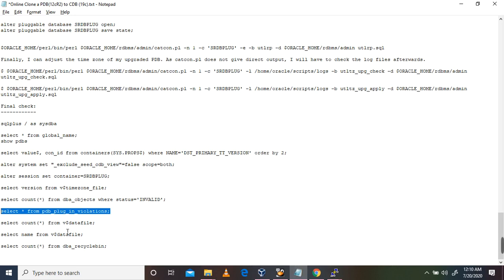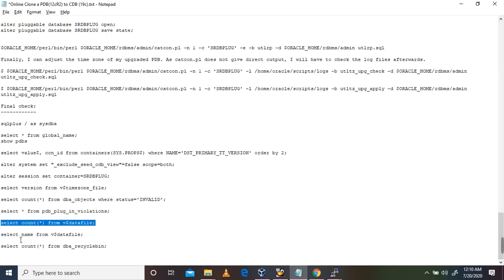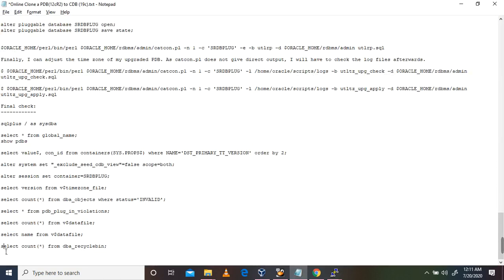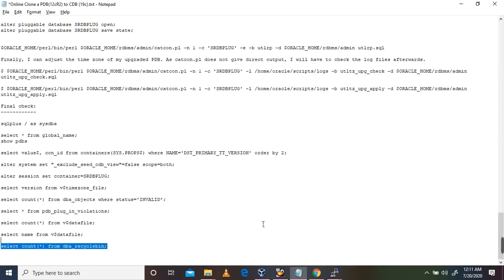And also how many data files we saw earlier, it is 4 or 5 files. I saw that in the database, so 4 files, and all the files are cloned here. Earlier it was cdb1 SRBlock, now cdb2 SRBlock. Now is any object available in the DB recycle bin? Nothing.